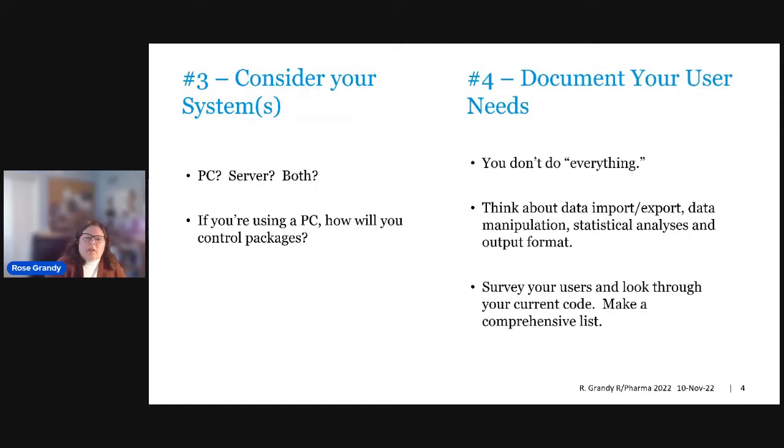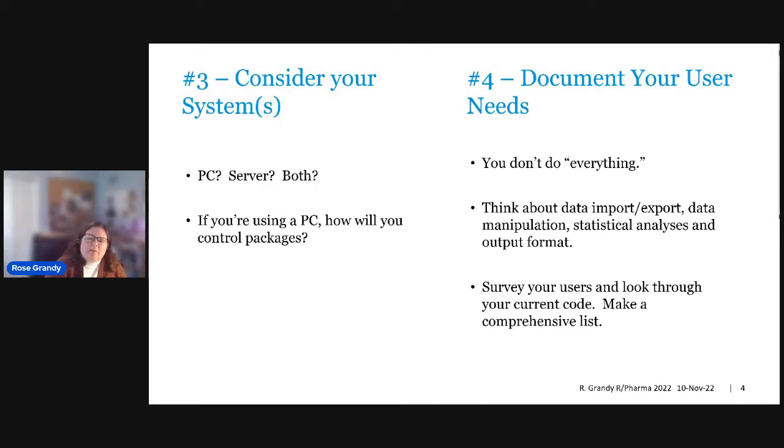Okay. So number four, I think, is a foundational step for steps further on this list. Before you can do things like select packages or think about your validation needs, you'll want to understand what your user needs actually are and document them clearly. The possibilities of what you could do with R are huge, but in reality, none of us needs everything there is, and one group's needs will be different from another's, even in the same company.